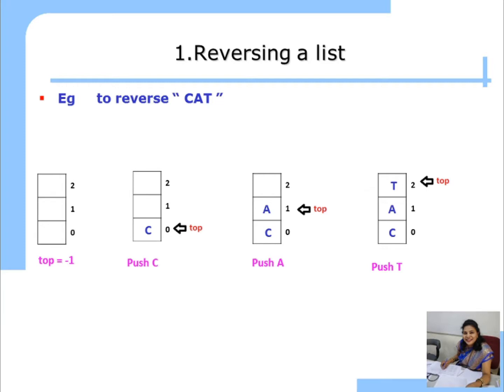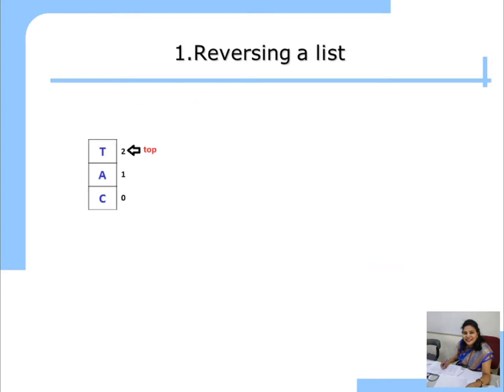So here we first push all the characters of the string that we are going to reverse onto the stack. But is it reversed? No. For reversing it, we first push all the characters onto the stack and then pop one by one and print the character to get the reversed list. See how? This is our stack, after pushing all the characters of the string onto it. Now we are going to pop one by one character from the stack. If I call the pop function, T will be popped and we are going to print whatever is popped.